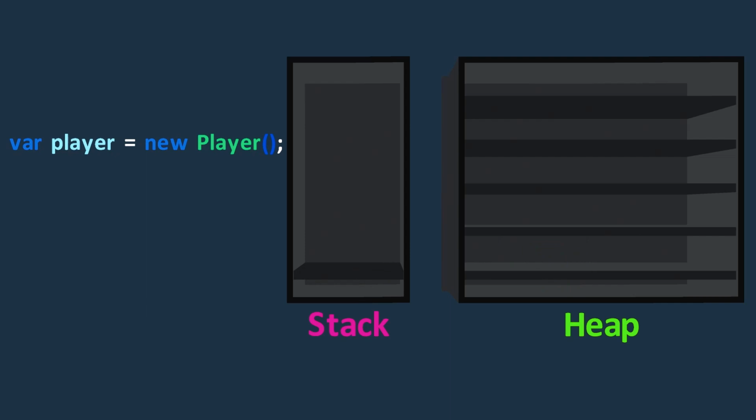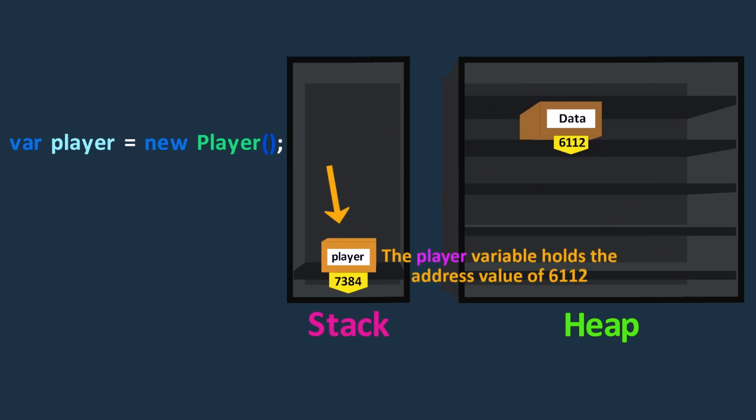When we create an object using the new keyword, memory is allocated from the heap to store the object's data. The reference to the object is then stored on the stack. In the upcoming lectures, we'll dive deeper into the heap and how objects are managed within it. For now, just remember that if a variable stores an object, the object's data is stored in the heap and its memory address is stored on the stack.